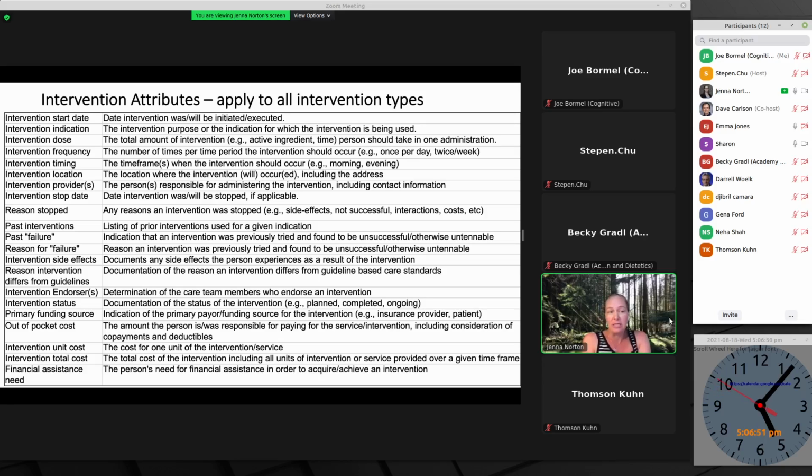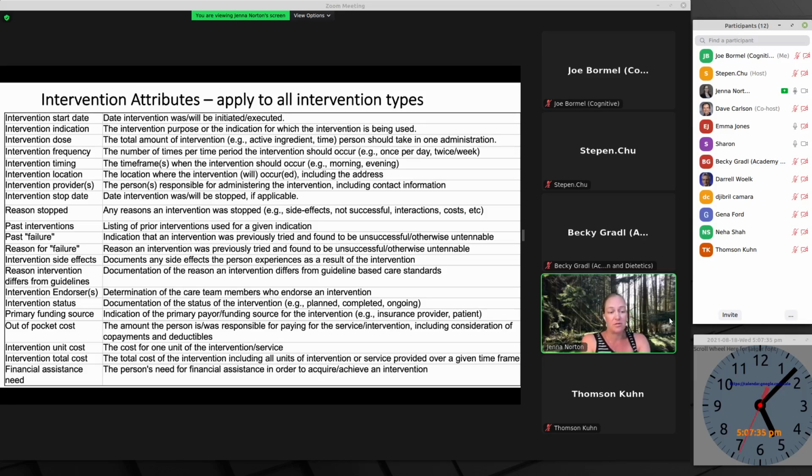About each intervention, we want to know the start date, the indication or purpose for that intervention, the dose, as in the amount of active ingredient or time, depending on the type of intervention, the frequency, how often it's given, timing, is it given morning, evening, or some other schedule, the location, including the address of where the intervention will be provided, the actual provider or person who's responsible for administering the intervention, the stop date, if applicable, the reason stopped, if applicable, any past interventions for the same indication, past intervention failures and reason for failure,